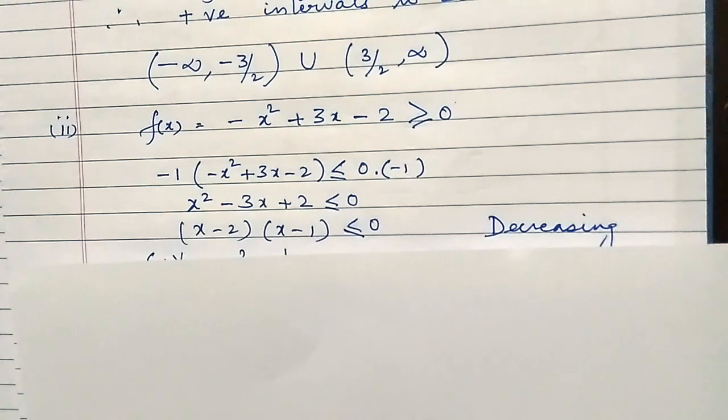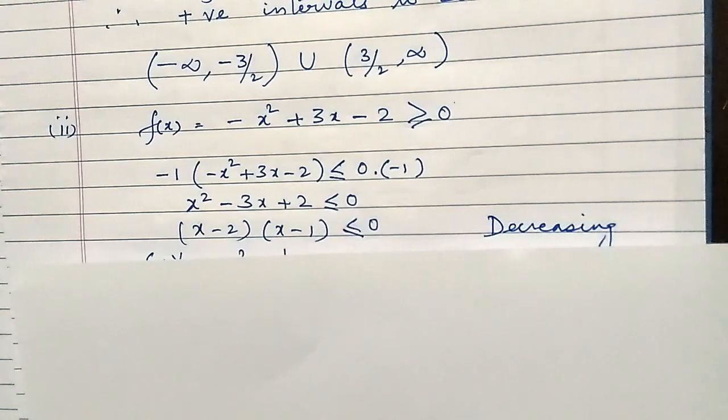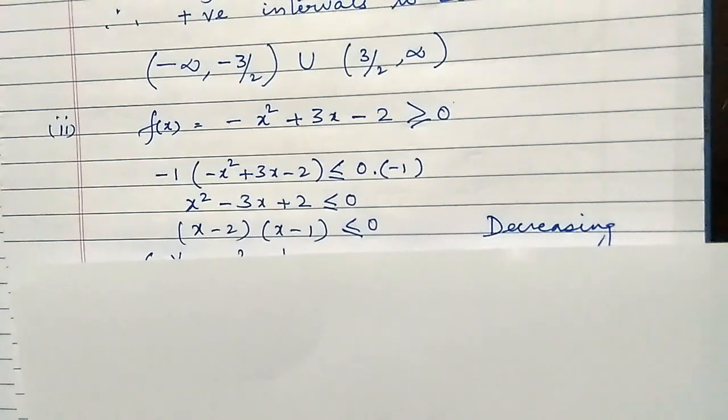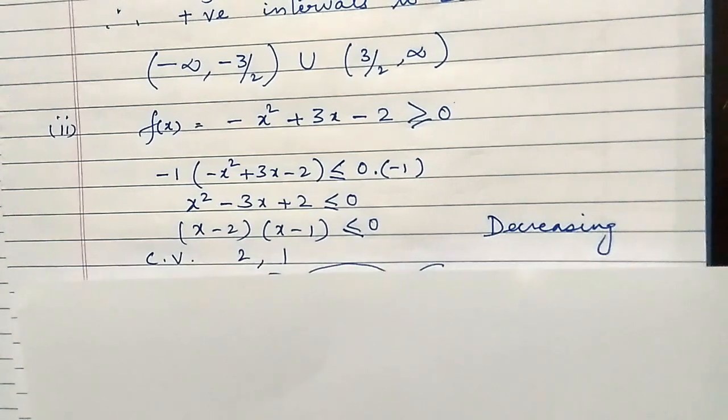Now if this is less than or equal to 0, that means it is a decreasing function. Like I said in the previous question, if it is only less than, then it is strictly decreasing. If the equal to is also there, then it is just decreasing. So therefore now, solving it again just like the quadratic equation, my critical values turn out to be 2 and